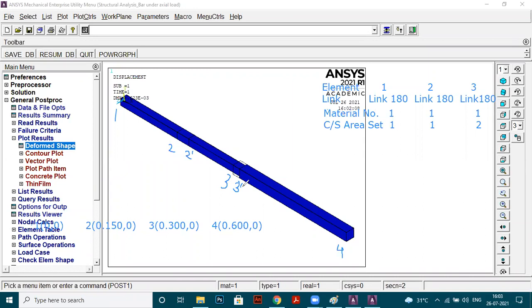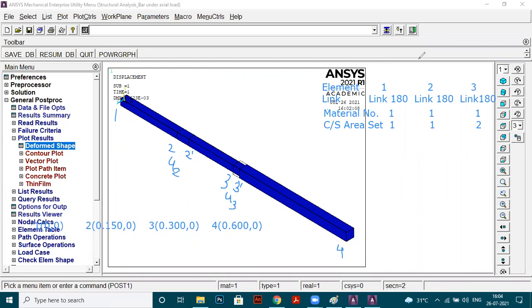Yes, sir. Okay, now see, this is the initial position of node 2, this is the final position of node 2. So the distance between initial and final position will give me the displacement at node 2, that I will call u2. This is the initial position of node 3, this is the final position of node 3, that is 3 dash. The distance between 3 and 3 dash will give me the displacement at node 3. That is what I am supposed to calculate.